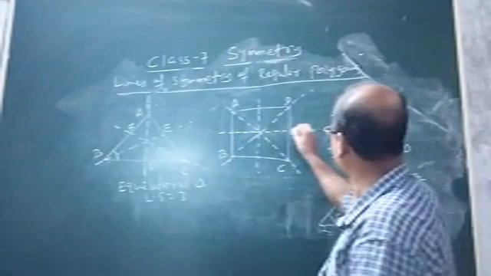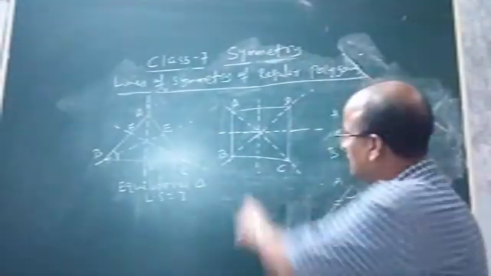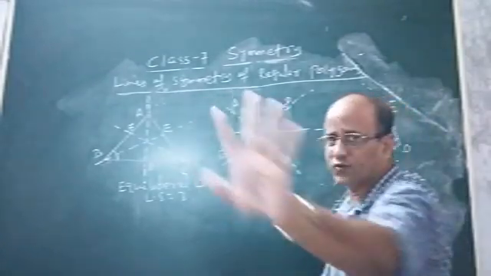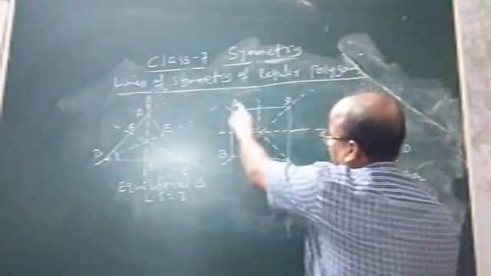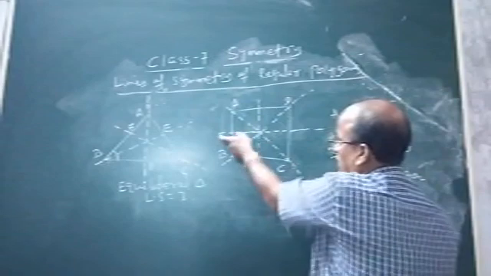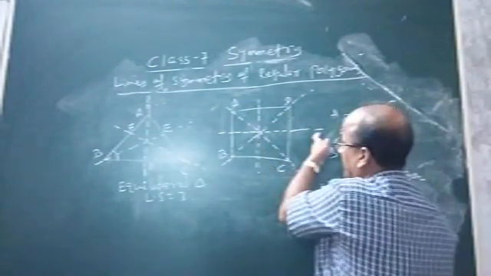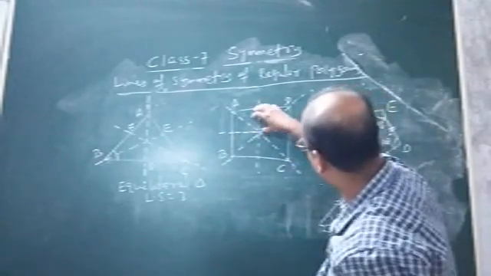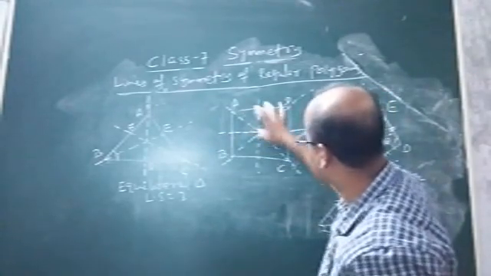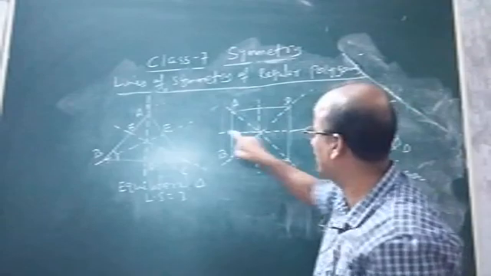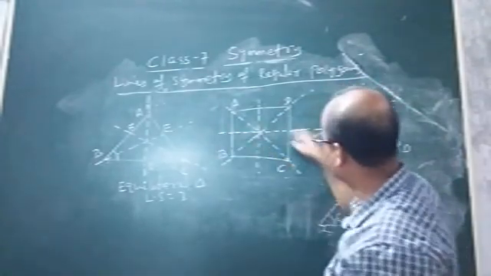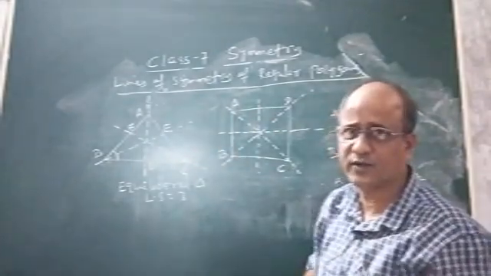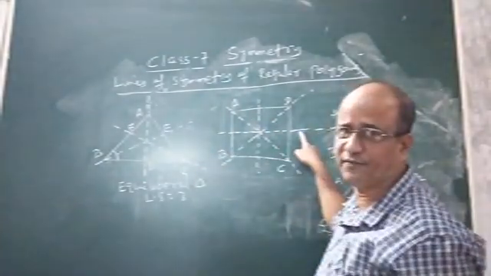Now see this one, look at the third one. You know that in a square all the 4 sides are equal. Take the midpoint of AB and DC and join the midpoints. It will become another line of symmetry, because about this line, if you fold this part, this is a rectangle and this part will be a rectangle. About the midpoints of opposite sides, if you fold the 2 rectangles, you will find that they will coincide with one another. So this can be another line of symmetry.